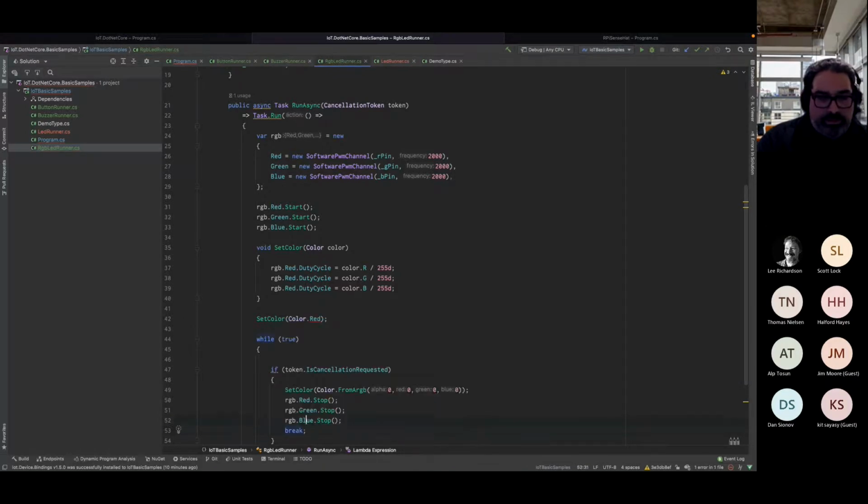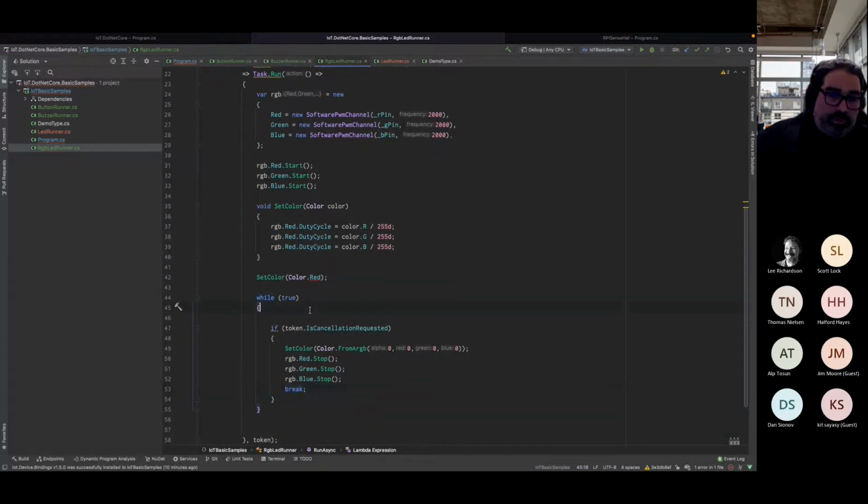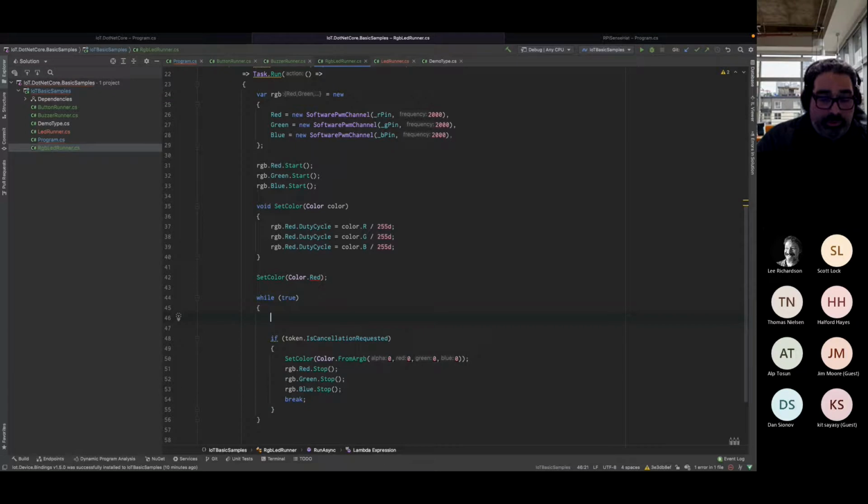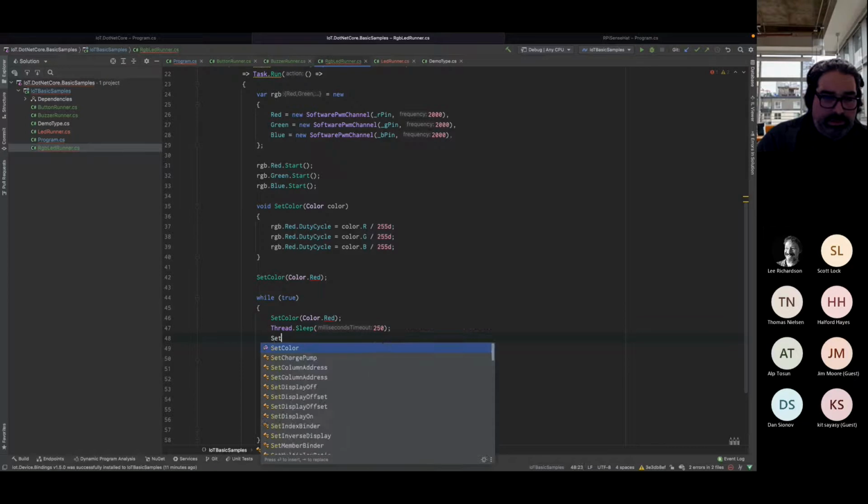And let's break the execution. So what do I want to happen? While looping, let's do the following. Let's set it to red. So now let's sleep for 250 milliseconds.